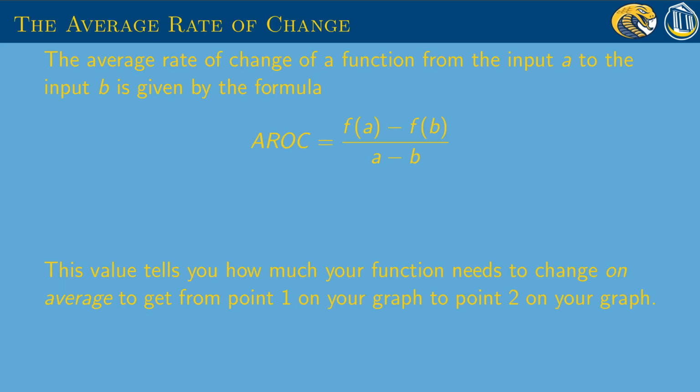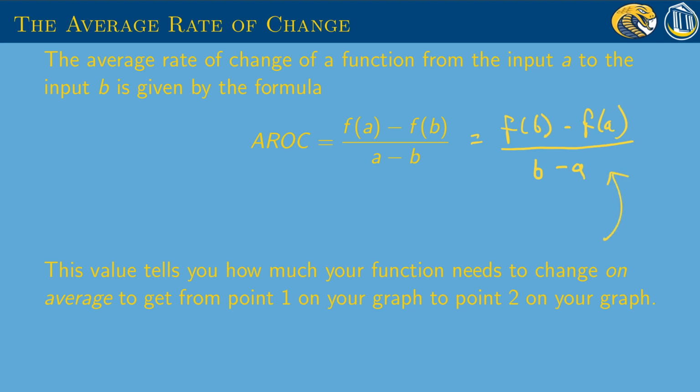Let's talk about the average rate of change. The average rate of change of a function from some input value x equals a to some other input x equals b is given by this formula. I'm actually going to rewrite it as f of b minus f of a divided by b minus a. The equation works out exactly the same way, but we're going to be using this one for the rest of